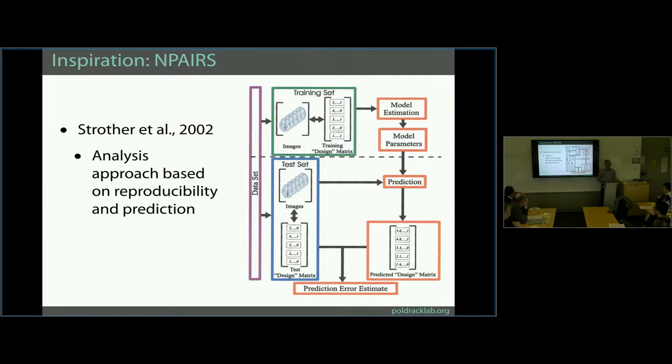The second is an idea that was proposed a long time ago by Steve Strother, who's now in Toronto, an idea called NPAIRS, which is basically he's been pushing for almost 15 years now the idea that we should move away from testing things in terms of statistical significance and instead look at generalizability. So this is basically a way of processing data that doesn't ask how significant is it, it asks to what degree are these results generalizable across different individuals in the data set in this case. We're also going to generalize it out to ask about reproducibility or generalizability across different analysis streams.